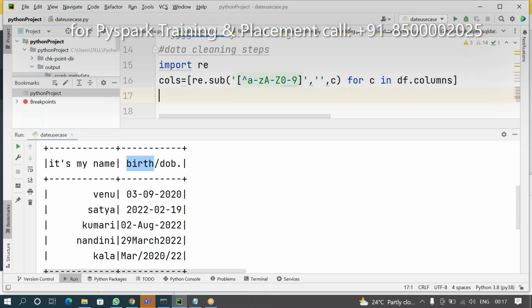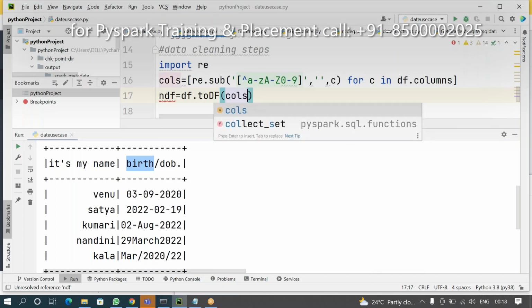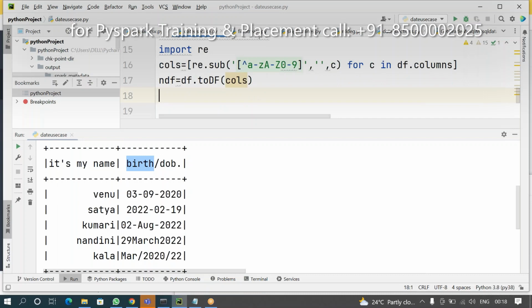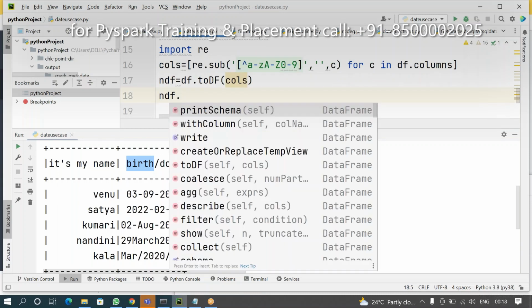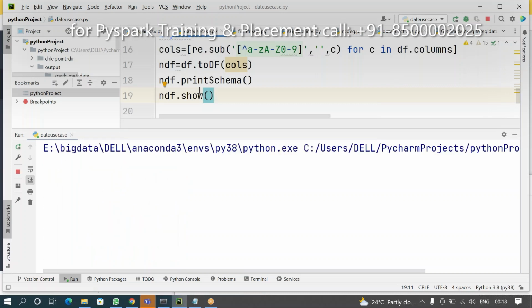Now maybe ndf is equal to df.toDF. Good. Now please check ndf.printSchema, ndf.show. Okay. Now run this program.